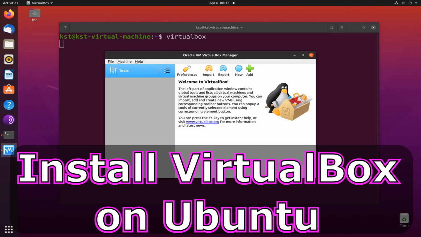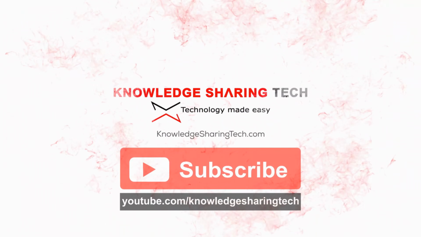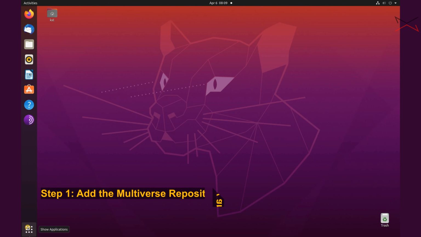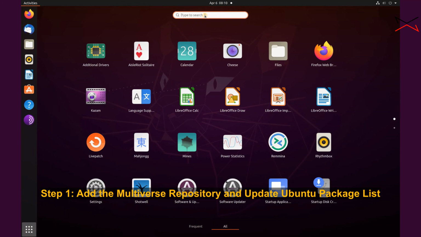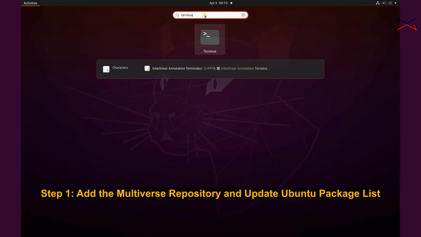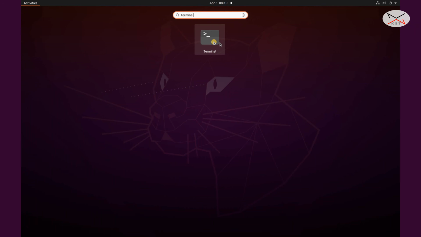In this video, I want to show you how to install VirtualBox on Ubuntu Linux. On your Ubuntu machine, open the terminal. You can open the terminal either by pressing Ctrl-Alt-T or by opening Applications and then putting terminal in the